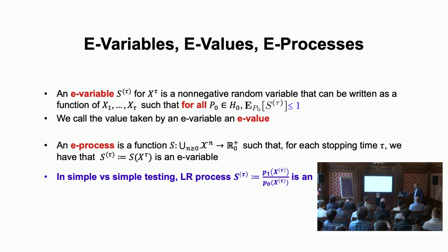Now, the formal definition of an e process, and now you can see that this kind of generalizes what I did before the break. It's a random process, so it's a function of the data. It tells you for every sequence of data a random variable which only looks at that initial sequence. So it's S1, which only looks at X1, S2, which looks at X1 and X2, S3 looks at X1, X2, X3, etc. And it has to have the property that for any stopping time, it gives you an e variable. So you can stop for whatever reason. You don't have to know what the reason is. If you have a stopping time, then the resulting thing is an e variable. Then we call it an e process.